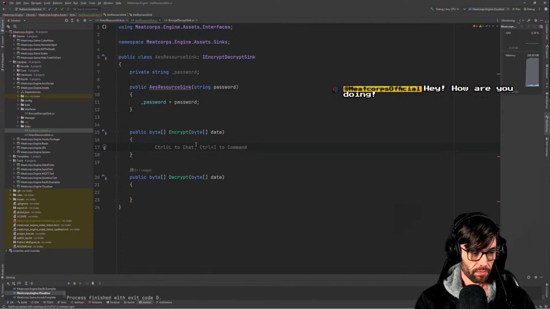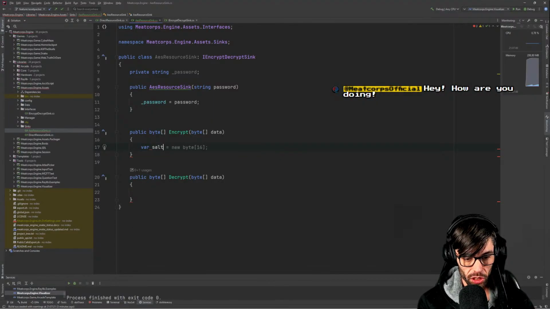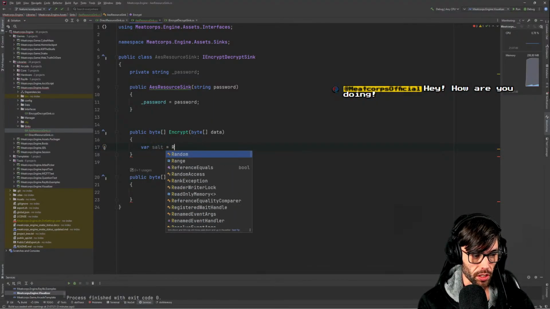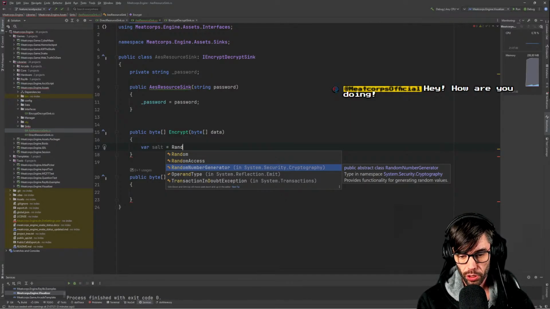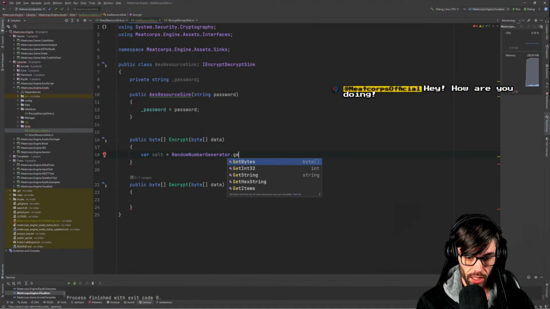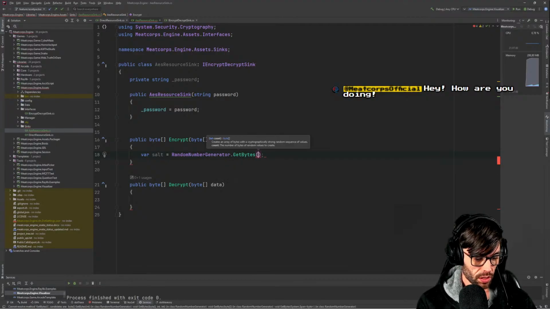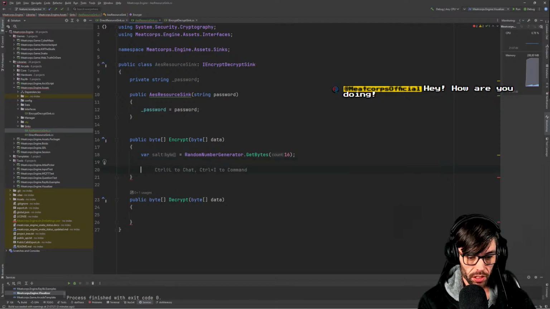So, what are we going to do? First we need to have something like a salt, which is a random number generator from the System.Security.Cryptography. Cryptography? Yeah, cryptography. Get bytes. All right, let's do it like this. And then